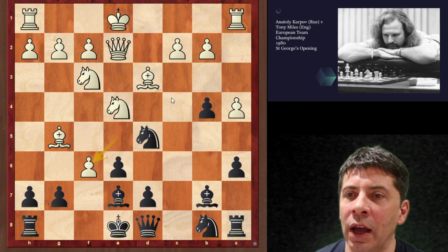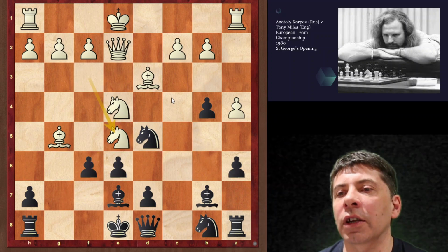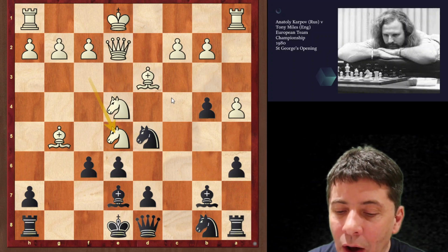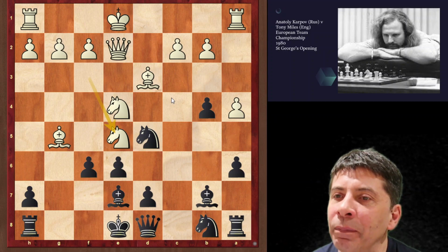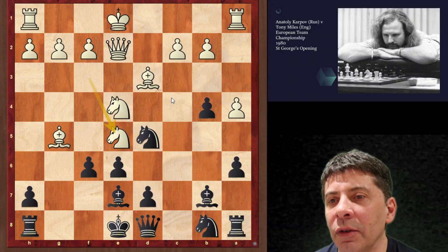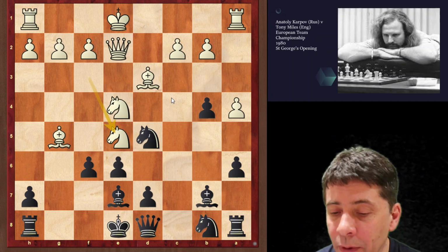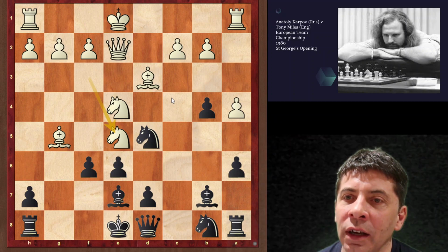So put the pawn in the way, takes. If you take back with the pawn, white has got knight e5, which is very, very uncomfortable for black. It does look like the end of days. It's virtually the end of days. So the big threat is queen h5 check, which is incredibly unpleasant. Black can play pawn h5 to stop that, but this is a horror show because after pawn h5,